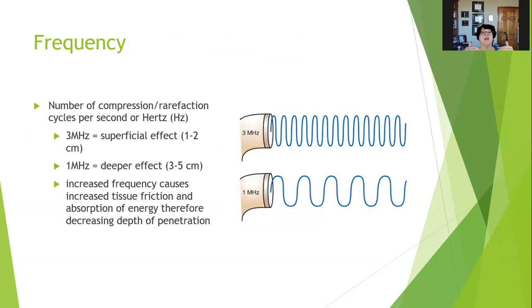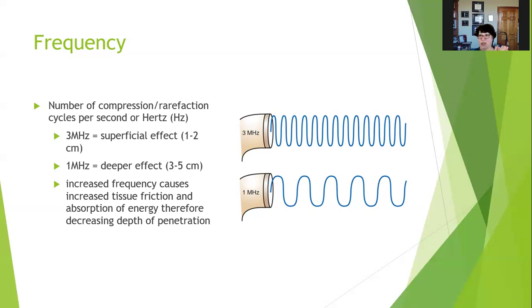The frequency is the number of compression rarefaction cycles per second, or hertz. So how many cycles per second? 3 megahertz. So it's 3 million cycles per second. It's a lot of cycles per second, right? It has a more superficial effect. It penetrates 1 to 2 centimeters. So you can think about the tissues in the body and what you might be treating and what might be affected in the first 1 to 2 centimeters of depth in your body. So if centimeters don't make sense to you,